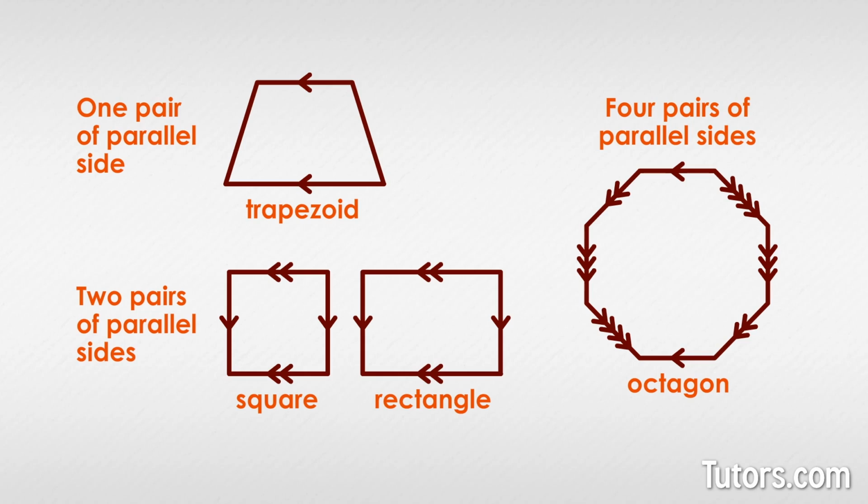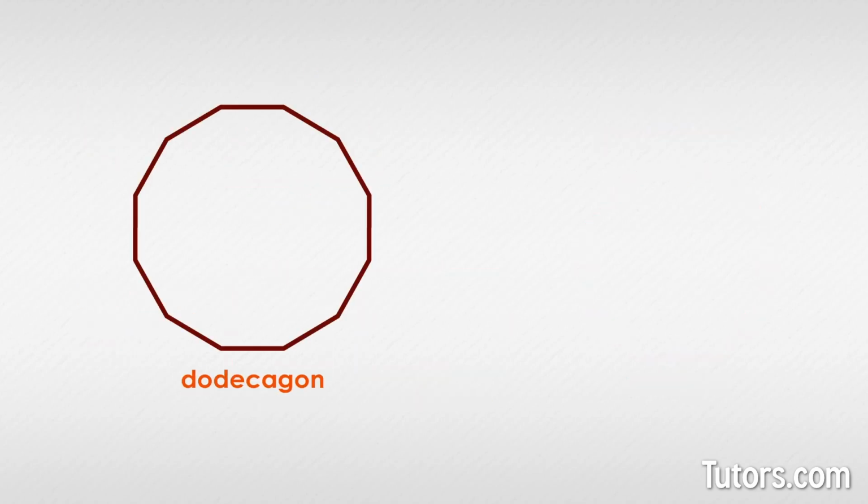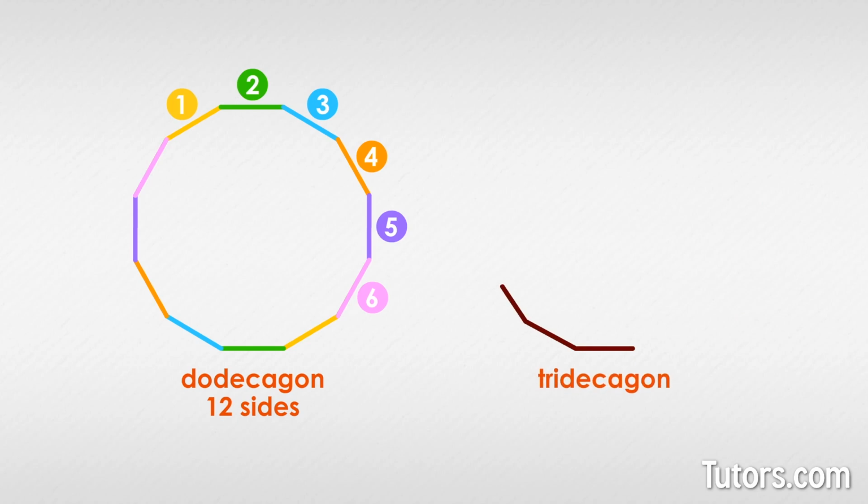The regular polygon will have half as many pairs of parallel sides as it has sides, because two sides make a pair. That is an interesting property of regular polygons, and of parallel sides. A regular dodecagon, 12 sides, will have 6 pairs of parallel sides, but a regular tridecagon, 13 sides, will have